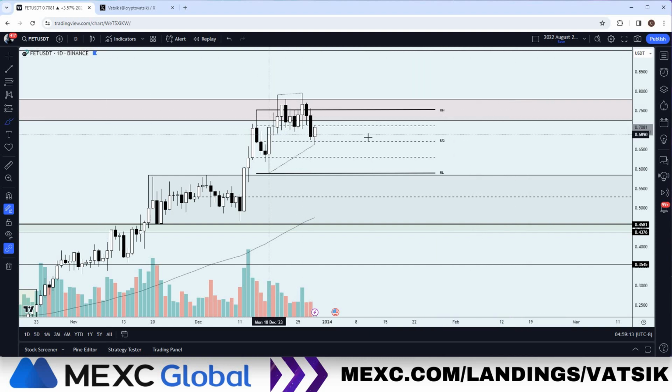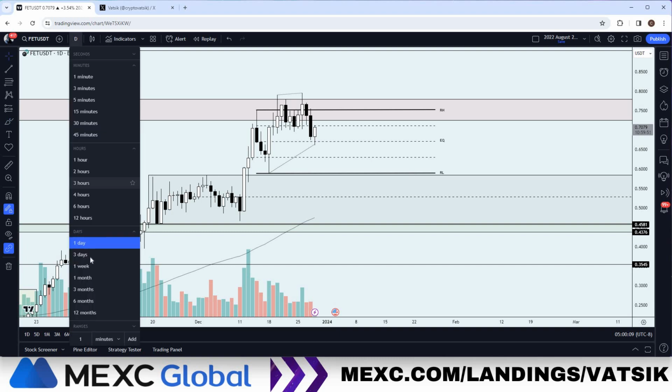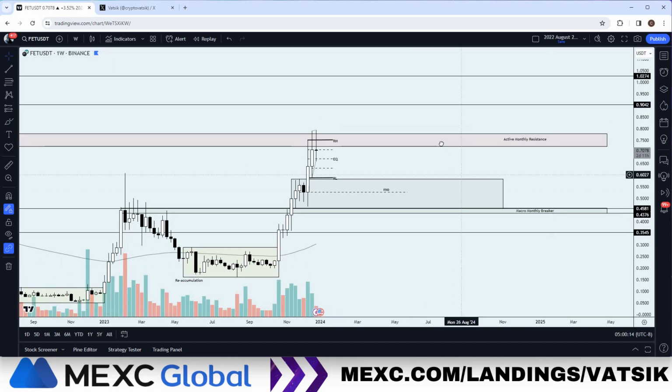We want to see on the lower time frames, so we're talking daily, 12 hourly, and even 4-hour time frames, to consolidate under that resistance for a breakout, if that's the direction that you're trading is up. So keeping in mind on a high time frame that we are most likely near the top of the current bullish leg, meaning when you zoom back out to the weekly, let's go to the weekly, okay,